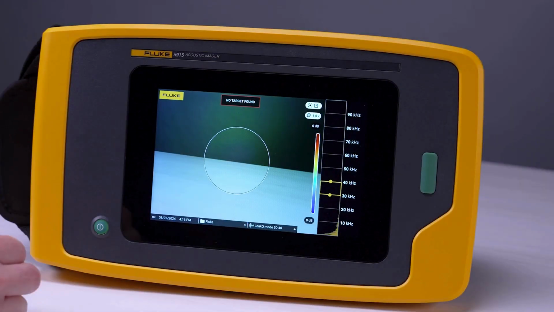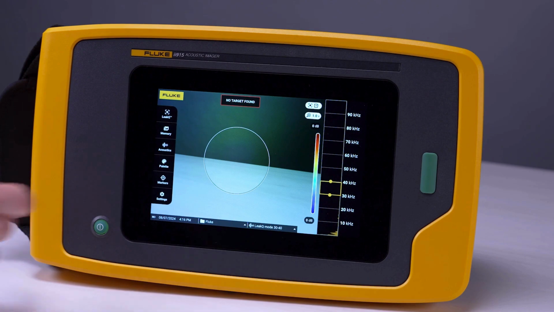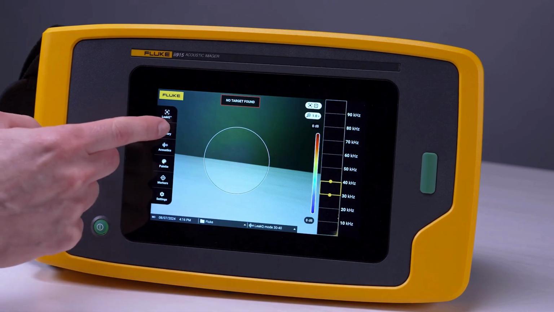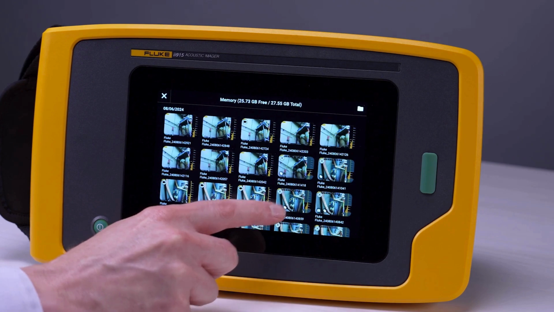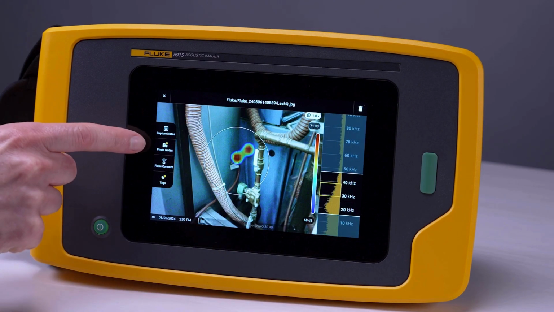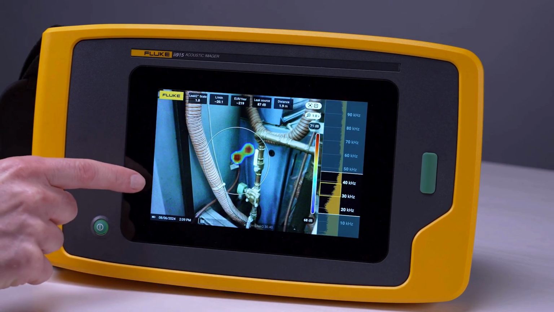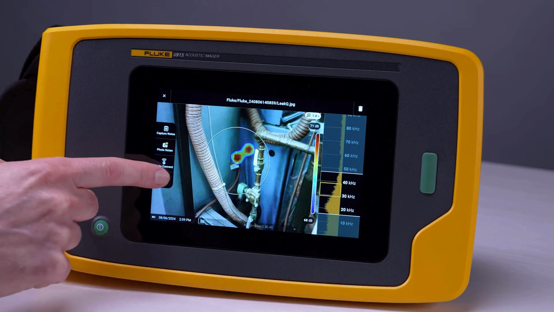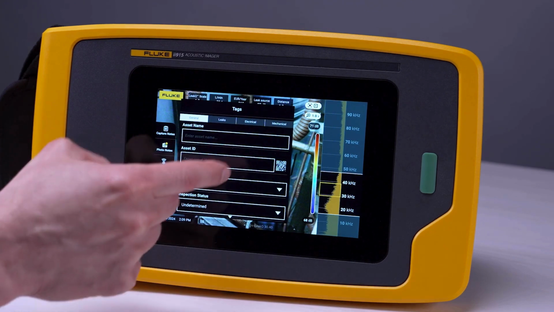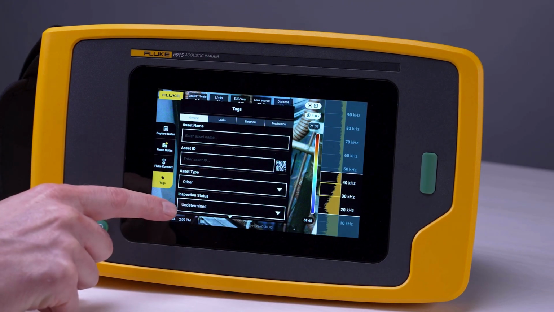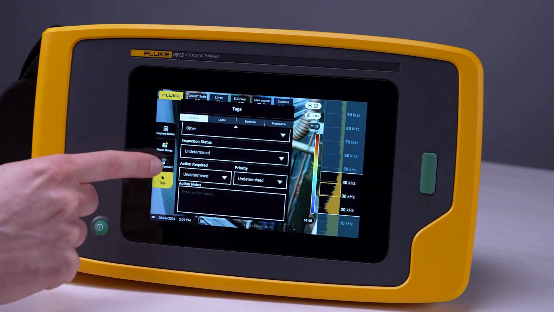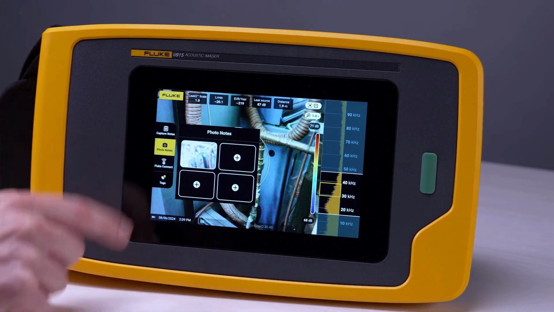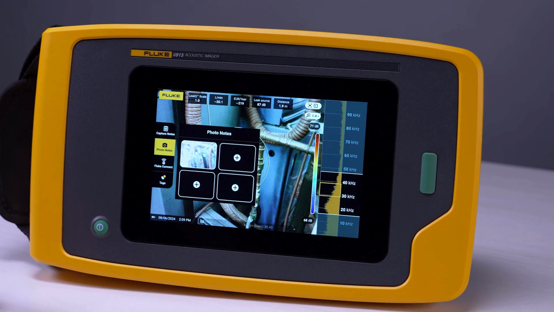In order to review annotations previously captured, you can look at the files in memory. And in this case, we can see an example that has a photo note, shown by the yellow dot, and it has a tag. So let's go take a look at that. In this case, it's been tagged as undetermined. And if we go back to the photo notes, we can see that there was an image captured to give more context on that particular capture.